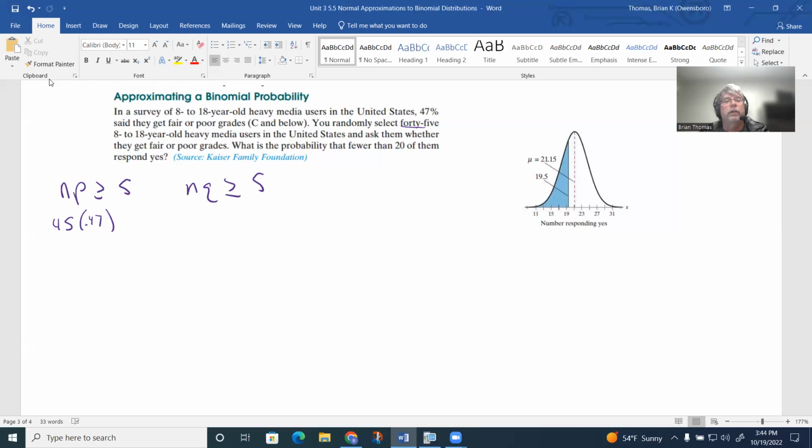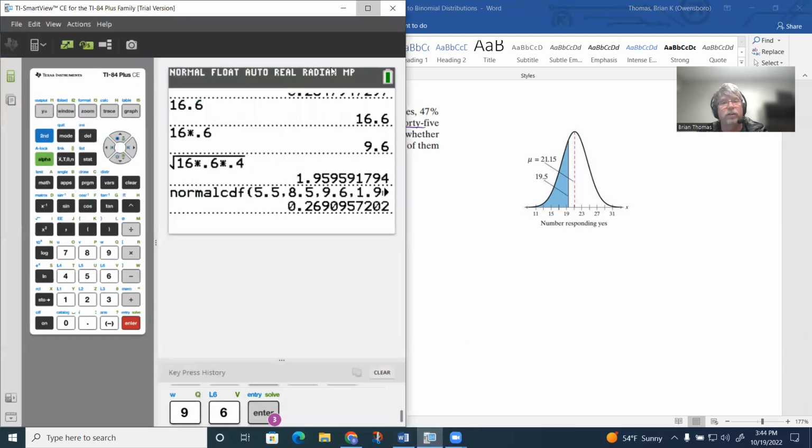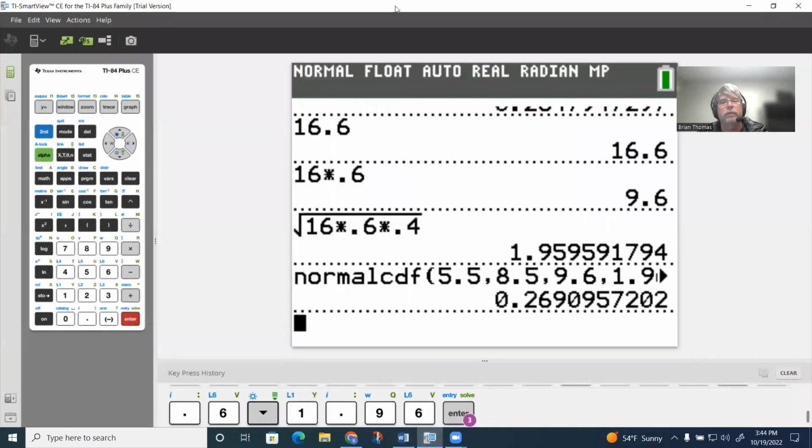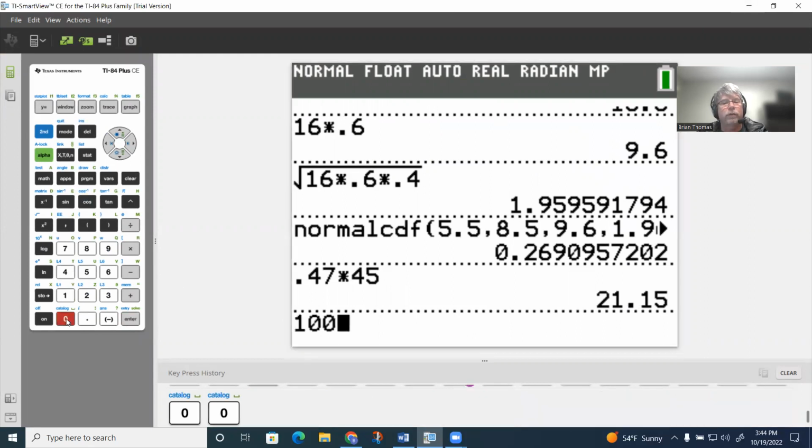They said that they actually do get poor grades. I don't know if that's considered a success, but technically it's a success based on the responses. So, 0.47 times 45 gives me 21.15. That's okay. And then for the failures, if you will, I go 100 minus 0.47,